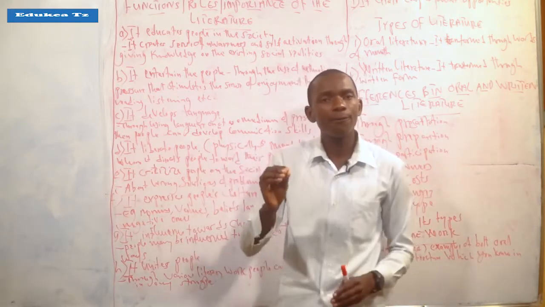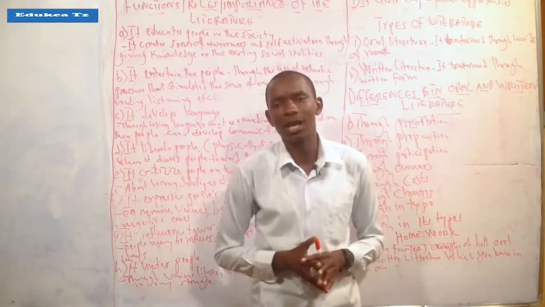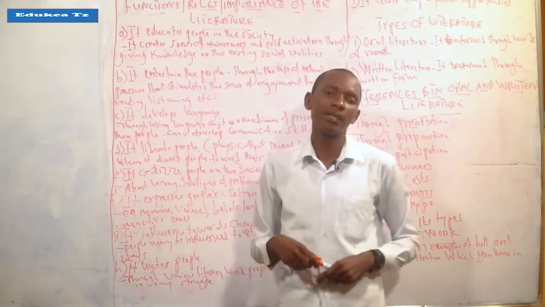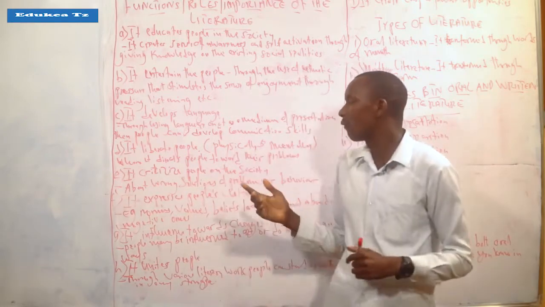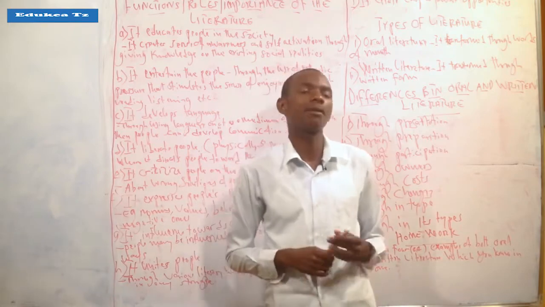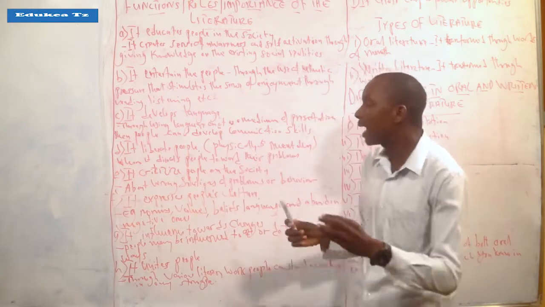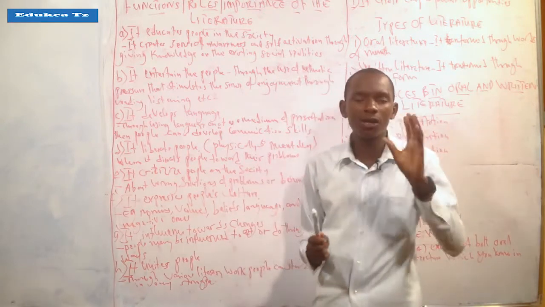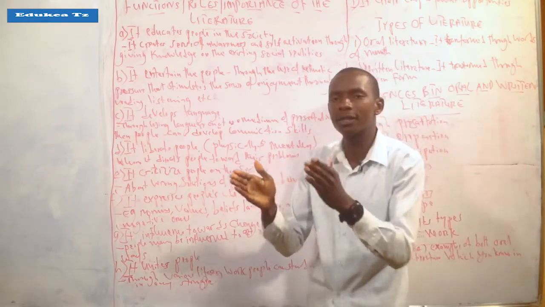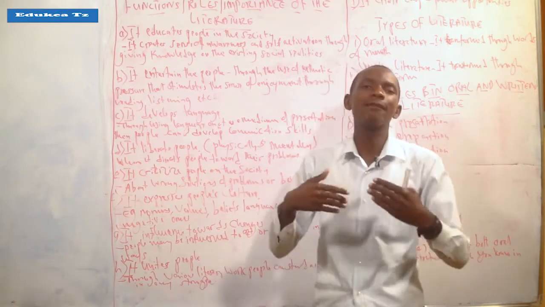That's why if you are doing any kind of behavior that cannot be accepted in the society, like prostitution, I mean commercial sex workers, also the issue of social cultural practices which are being practiced by several societies in Africa and among others, literature tries to criticize. So you are wrong if you are engaged in that behavior. You have to do this and this. So it is just like guidance that is being given to you.